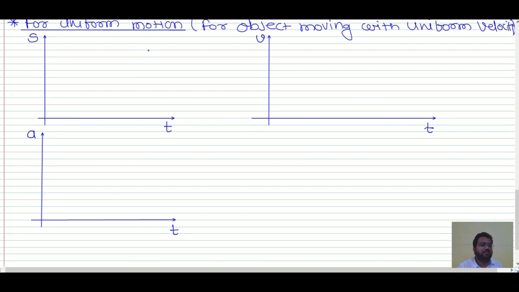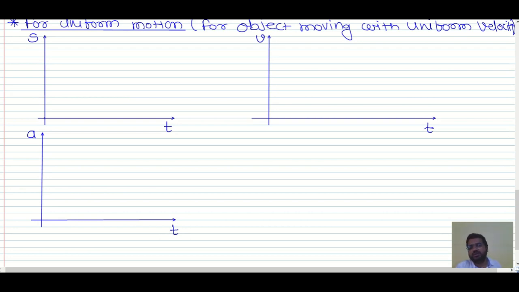Now see, what is displacement time graph over here for uniform motion? The object which is moving with uniform velocity. Let us consider the velocity is constant, and that is 2 meter per second. Velocity has both magnitude and direction. If magnitude changes, velocity changes. If direction changes, velocity changes, right? But over here we are considering uniform velocity, which indicates constant velocity. So the position of a particle will change by 2 meter in 1 second.